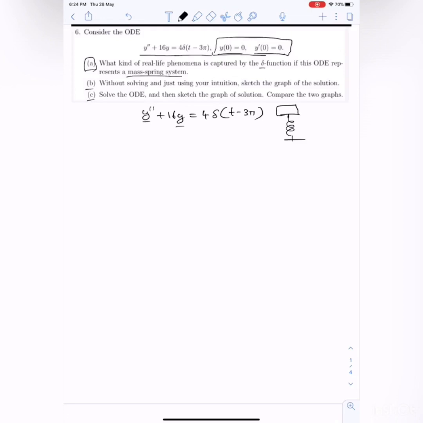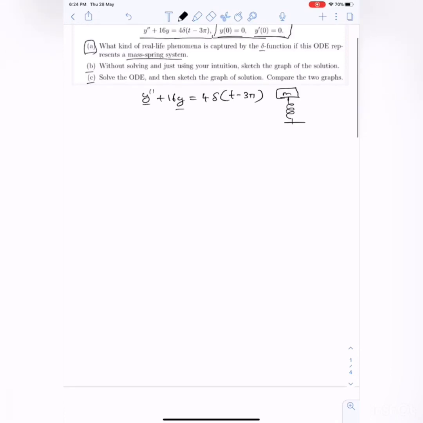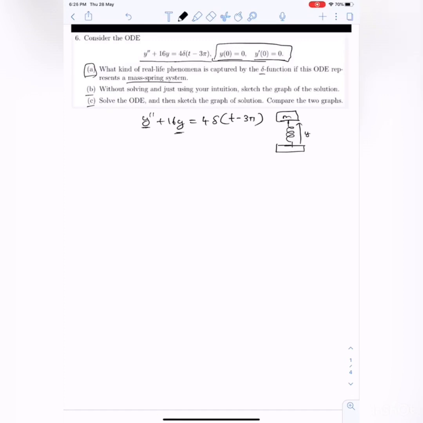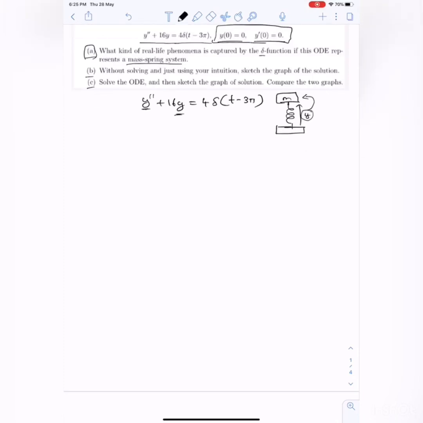Again, this may contain multiple springs, multiple masses, but let's try to figure that one out first. Now here we can see that y is the only variable, which gives us a sense of position of the mass. If you consider our orientation to be like this, then y can be the height of this mass from the base. As you can see, y is the only independent coordinate which helps us determine the position of the mass. So here we can see that it is a 1 degree of freedom system.